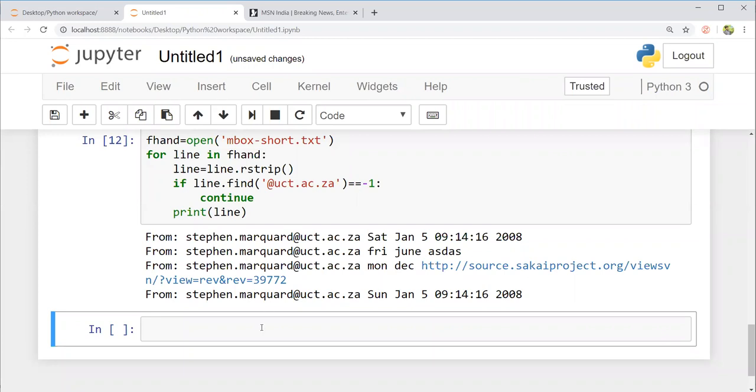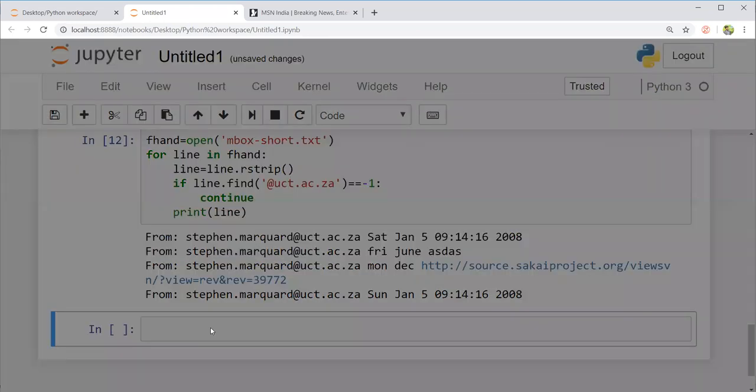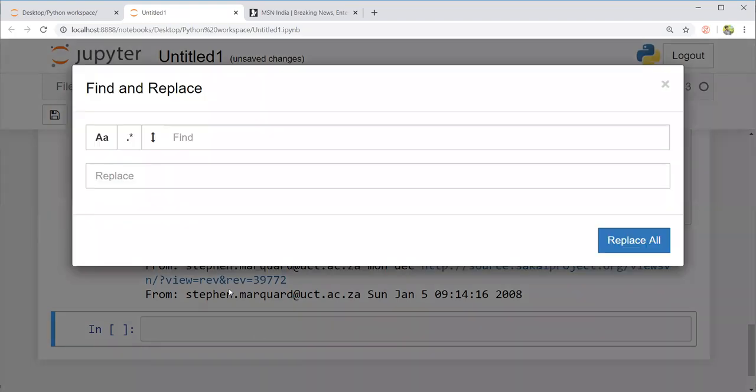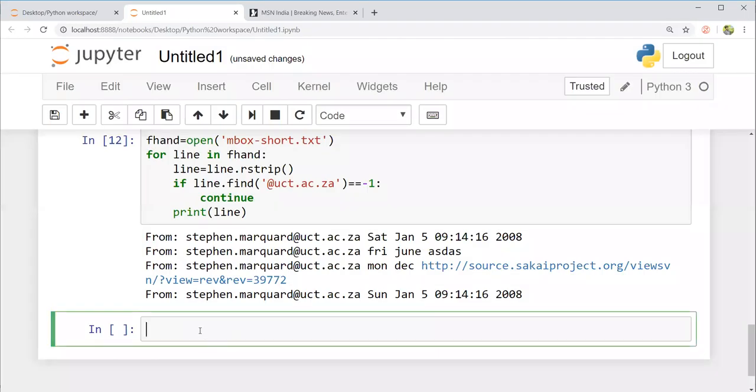So now let us go to allowing the user to choose the file name. This is really interesting. So how do you prompt the user to choose a file name? Say, for example, now I should create a variable called fname, equal to how to prompt. How do you prompt the user to choose the file name? So I use